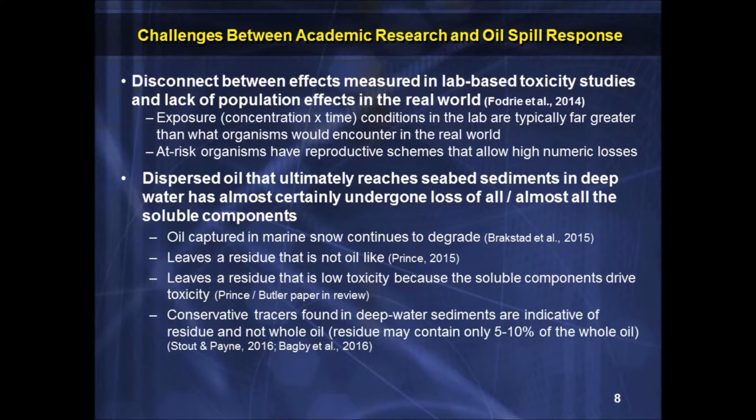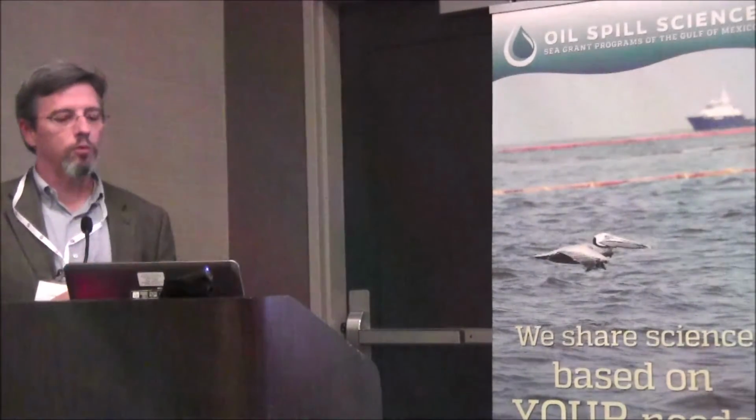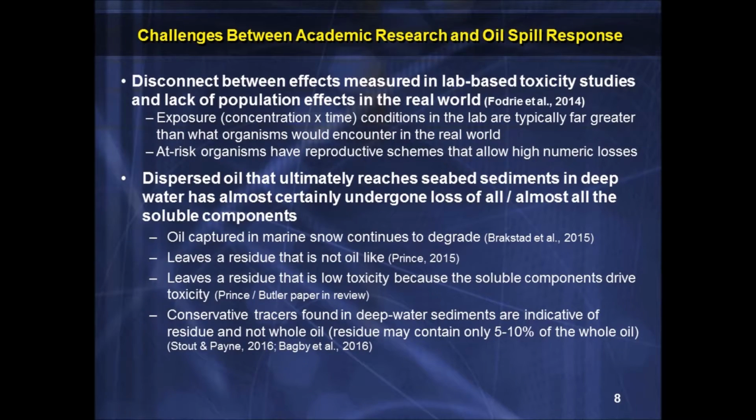So you can see high numeric losses in the Gulf of Mexico. It can be a resilient place for some of these species that could have been impacted. If they were impacted, their populations might not be affected. And this is something that's recently coming out with the research on marine snow. So dispersed oil that ultimately reaches the seabed in deep water has almost certainly undergone loss of almost all of the soluble components. So a lot of the papers that have come out are using these tracers, Hopane tracers, and